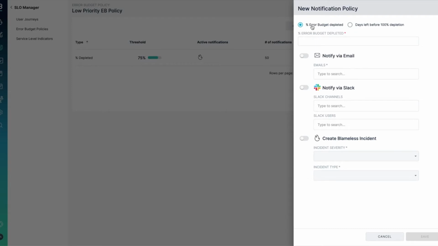And this could be based off of the actual percentage of the error budget being depleted, or based off of the burn rate, and we'll calculate it as days left before 100% depletion. So this way you can go and specify at which gates you'd want to be notified. And the notification methods you'll see here will be email, a Slack notification, or actually triggering a Blameless incident, where